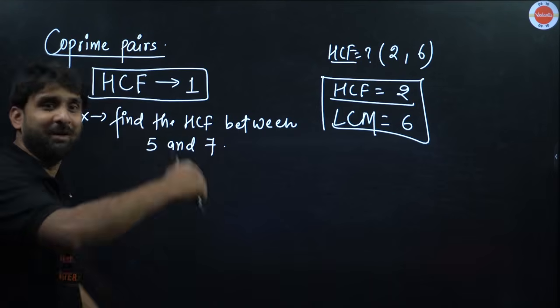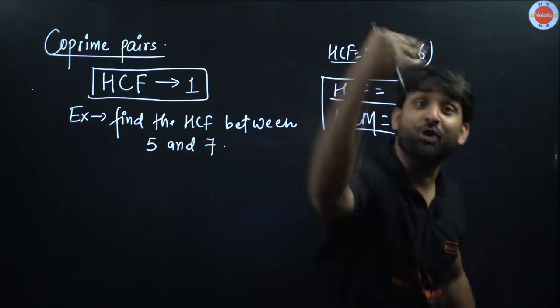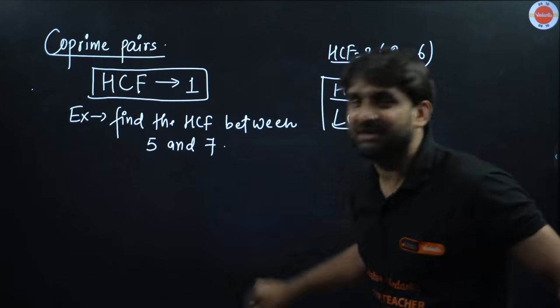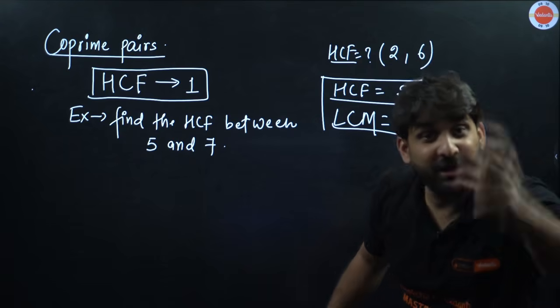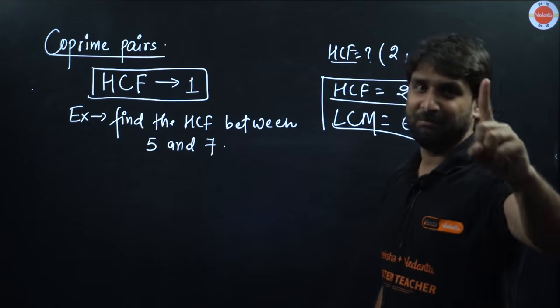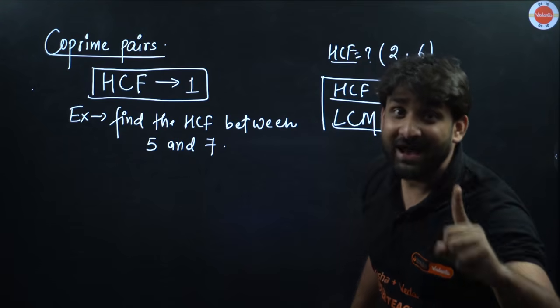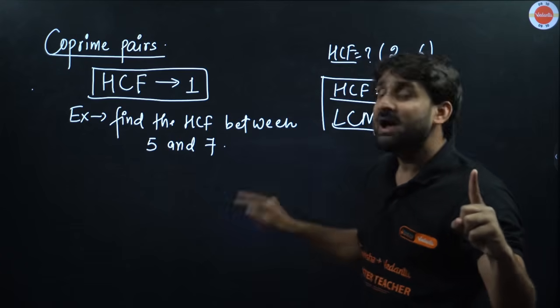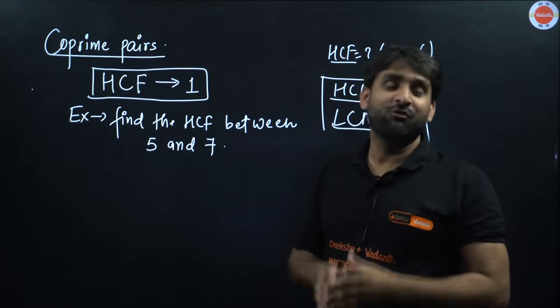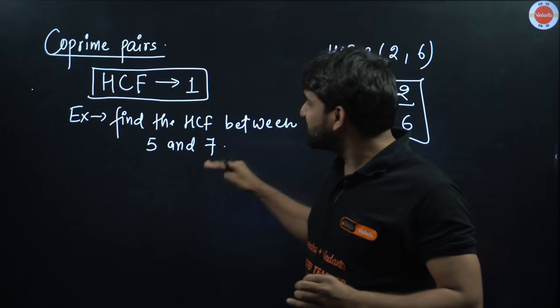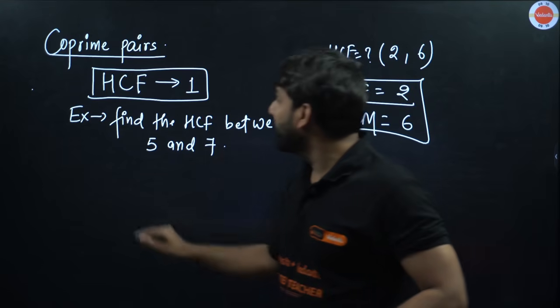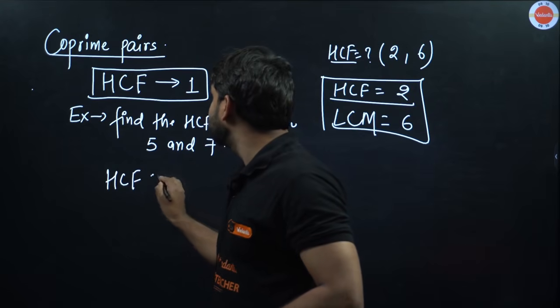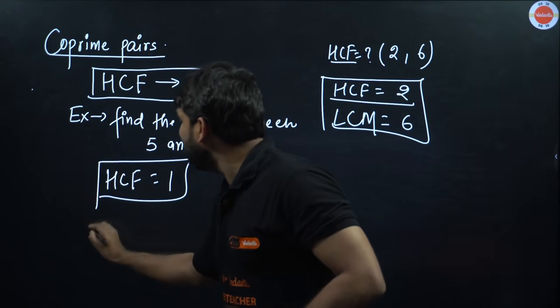So there is no number which can divide 5 and 7 both. But there is a very powerful number which is called 1. Yes, my dear champion, 1 can divide 5 and 1 can divide 7 both. 1 is the only number which can divide these two numbers. So here HCF will be 1, and this 5 and 7